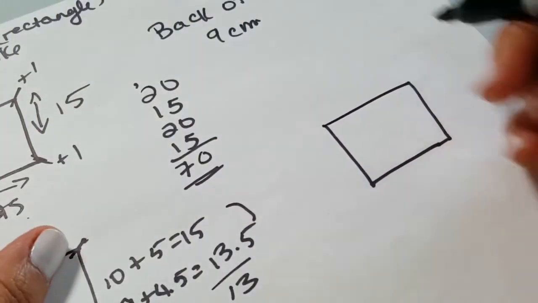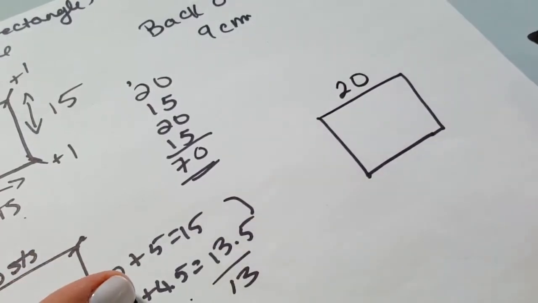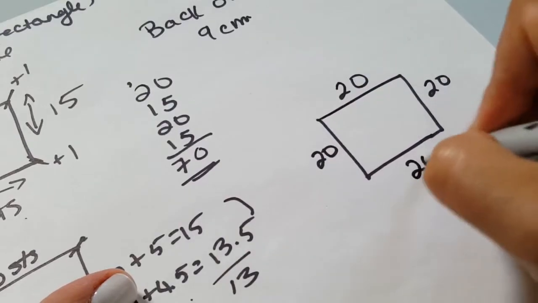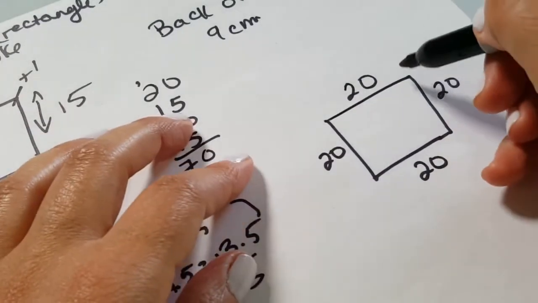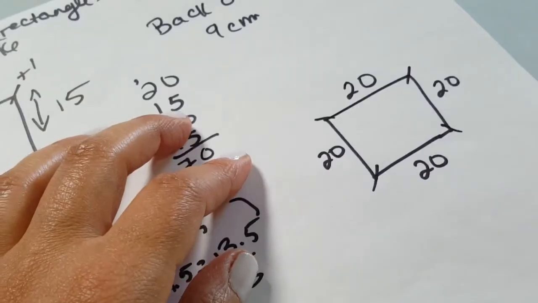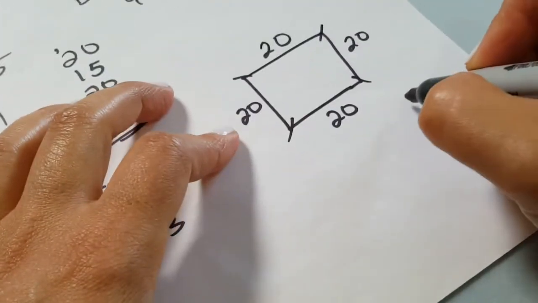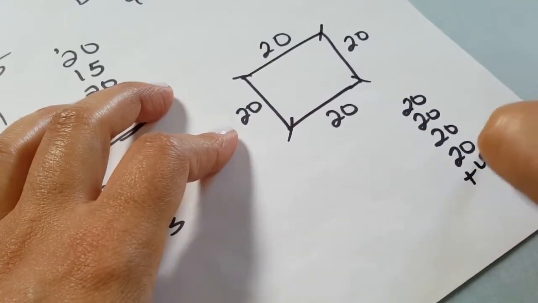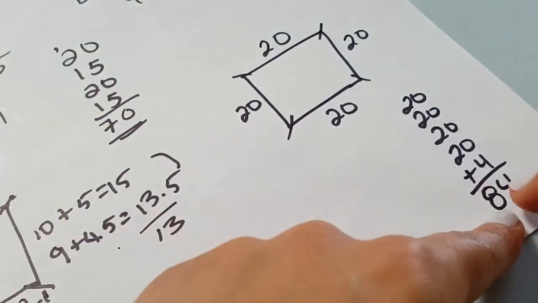So again, we're going to use the same example. If you have 20 stitches, guess what you're going to do? 20, 20, and 20, okay? So you would then add 1 on each corner, okay? And that would be an additional 4. So now we've got 20 stitches on each side plus 4 would now give you a total of 84 stitches